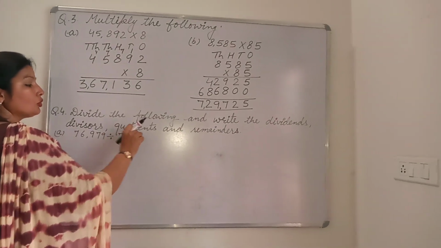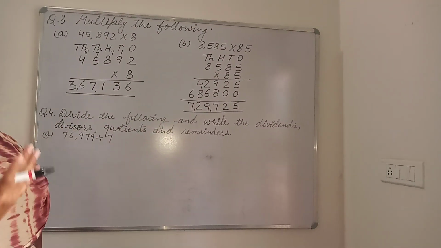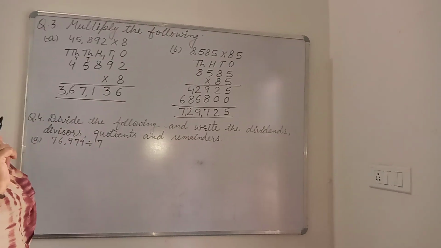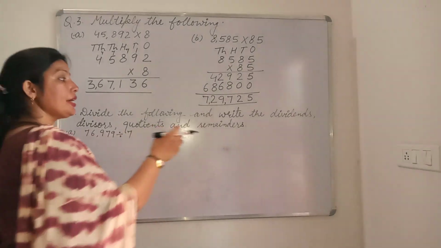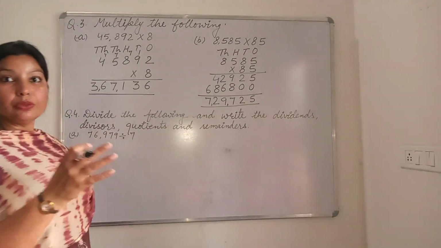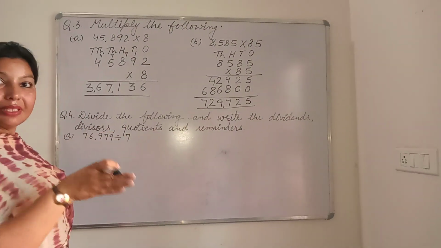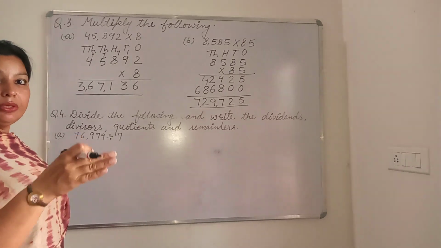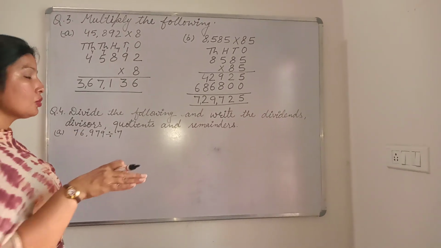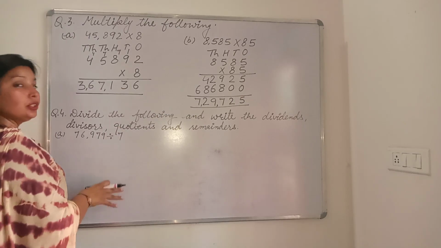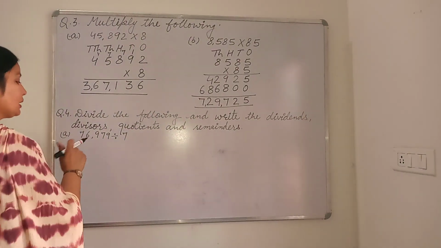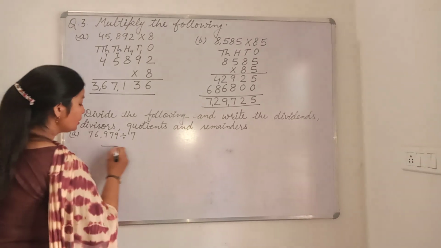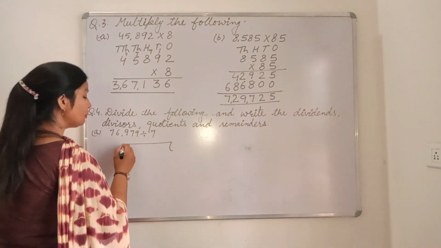Then quotient. So when we divide it, what result do we get? That is called quotient. Okay, result of division is called quotient. And remainder, the number left over after division. In the last, whatever is left will be your remainder. Okay, so that everything you should write after the solution. So first of all we should divide it. So firstly we should put this in the division symbol. We should do it by the long division method.